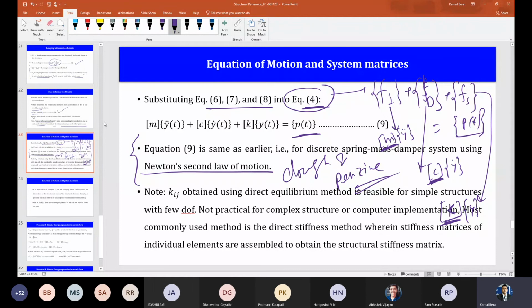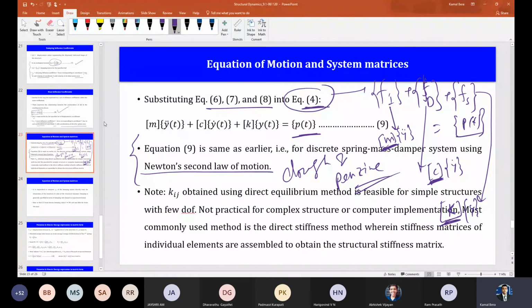You understood, and that is actually the structural analysis we are doing at the present age, that is the matrix structural analysis or the finite element method. Whatever you are learning, like moment distribution, slope deflection, Kani's method, column analogy method, and whatever other methods there are, those are old-age methods. I mean, those are really important to understand the behavior of the structural system.